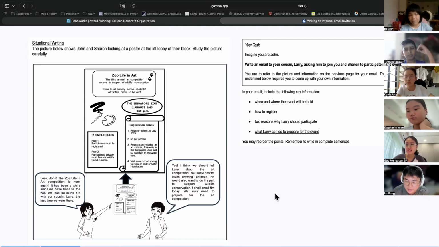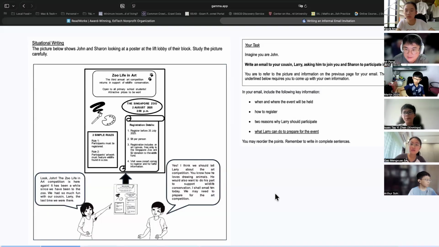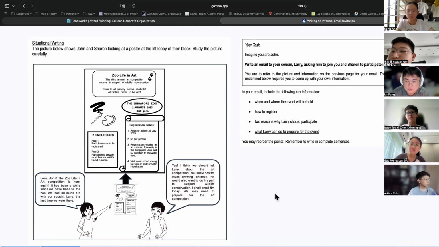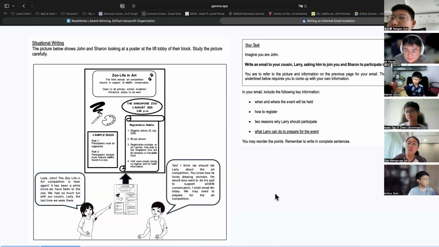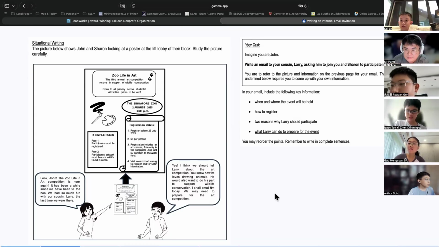Okay, very good. And can you all tell me what format you should write the date in? Anyone? Kayla? No? Not sure? Okay, Reagan? Along the left margin. Okay, but what format should I use for my date? Yes, Kayan. Day, month, year. Okay, day, month, year, right? And then the month I must spell out in full, right? Day, month, year, and then the month I must spell out in full, okay?